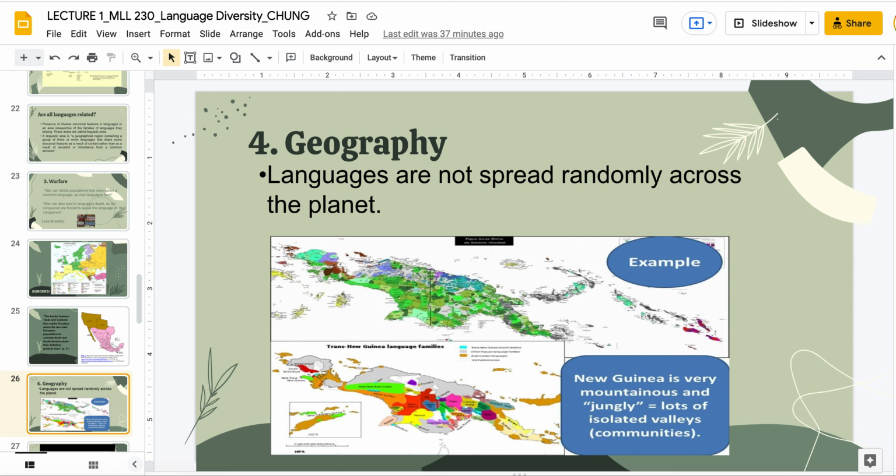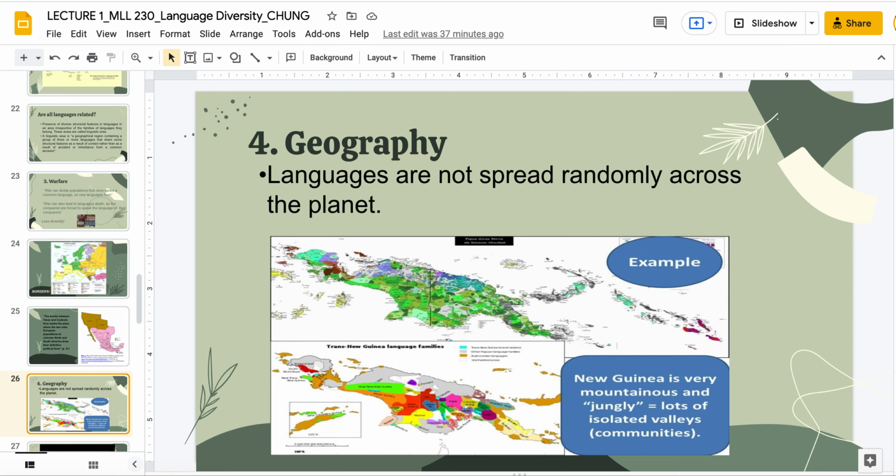Geography. Geography is a big factor in why languages are diverse, because languages aren't necessarily spread evenly among the planet. Just like the whole planet doesn't look all the same, right? It's not homogenous. And just to give an example of Papua New Guinea from before, the geography of Papua New Guinea is very mountainous. It's very jungly. There's lots of isolated valleys, right? And if one